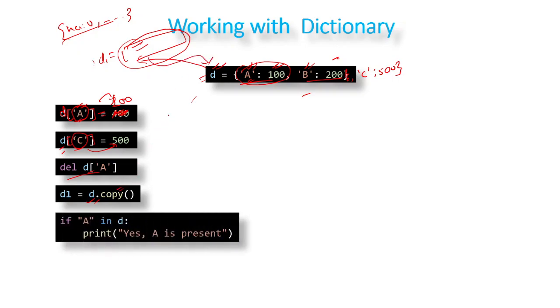Okay. If you want to search any key, please note I'm saying key. If you want to search any key inside the dictionary, you can use the in operator. What this in operator does is it goes inside this dictionary and searches whether the particular value that we want to search is inside the keys or not. It checks the keys, not the values. It doesn't check the values, it checks the keys. So we have the value a as a key, so it is saying a is present. Okay, let me clear my screen.